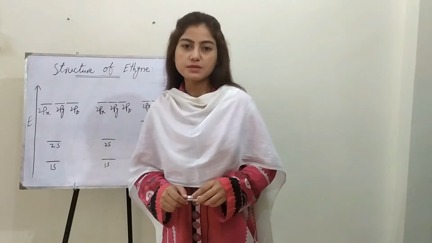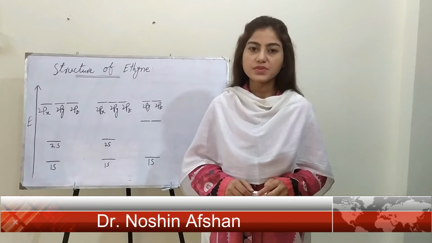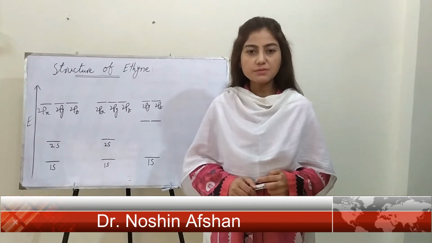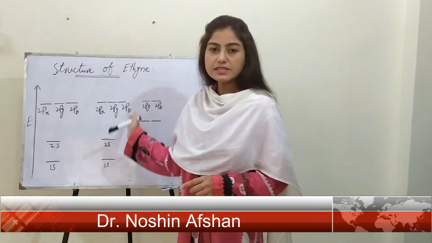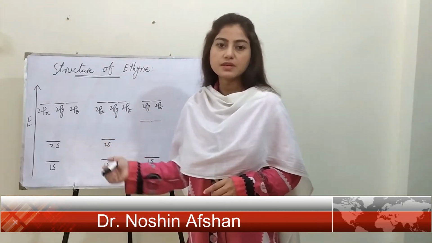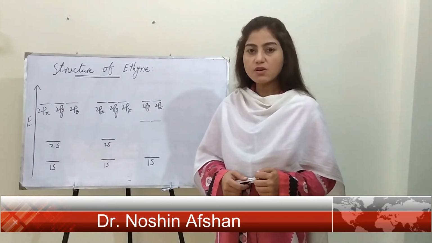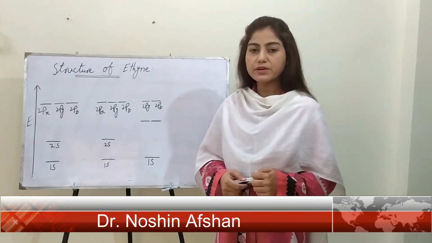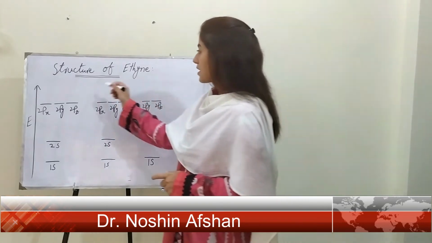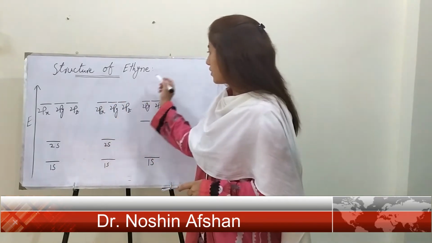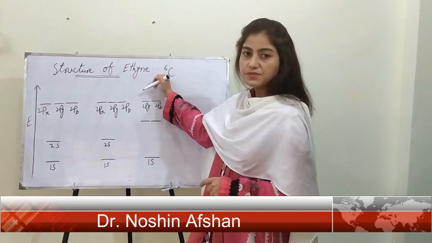Our today's lecture is about the structure of ethyne according to hybridization. Ethyne is actually an example of the alkynes. So, with the concept of this lecture, you would be able to find out the structure of any alkyne according to hybridization. So, let us begin. First of all, as you know, the atomic number of carbon is 6